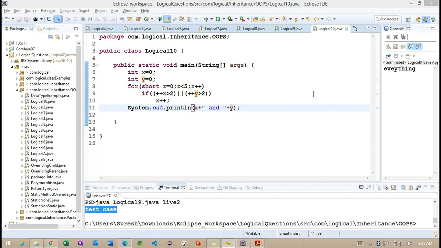So here, the for loop applies up to the if condition only. That you need to think here, what I wrote.